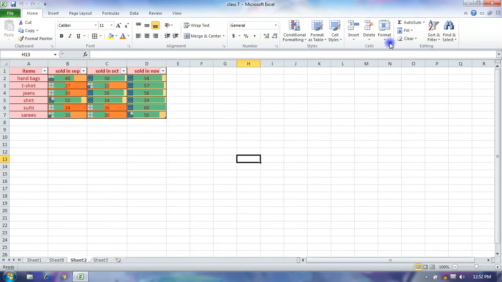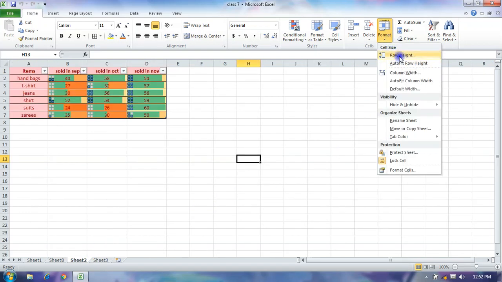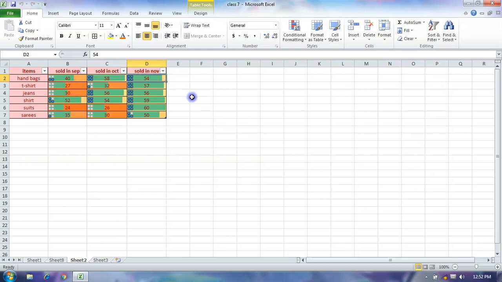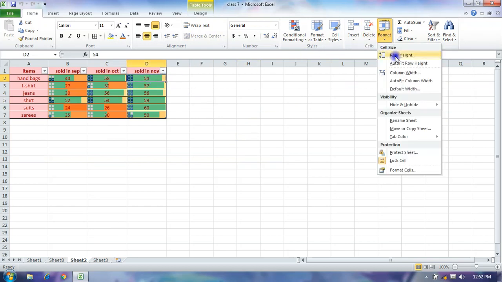Okay, format, you can format cells also. Like you select any cell, select any cell, you can increase row height.